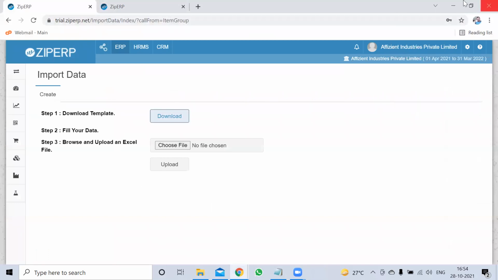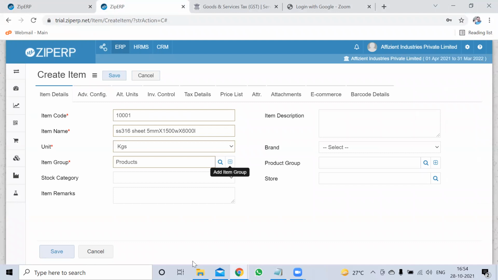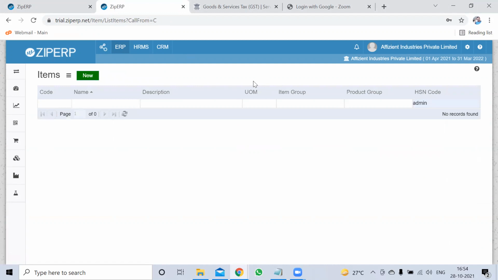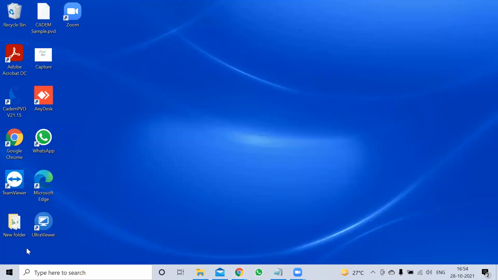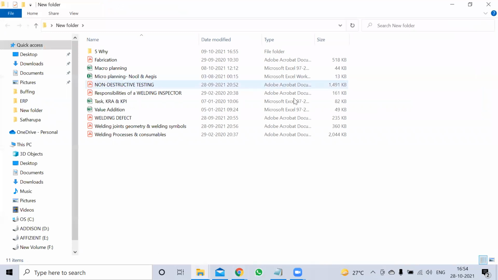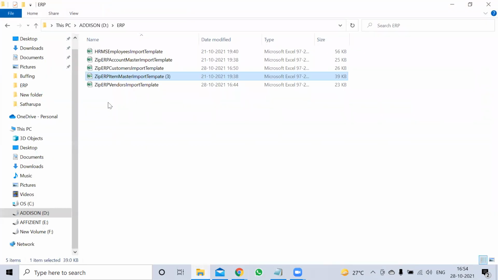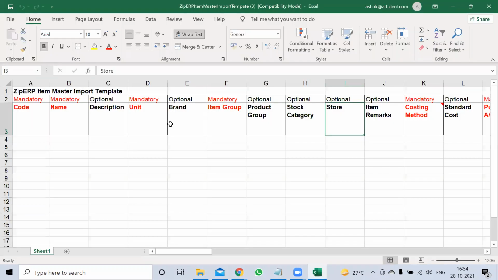Now go to the data, that is the sheet that was sent to you, item master. Sir, can you open that item master Excel sheet? Only 4 minutes are remaining. Tell them to do as much as they can. Ashok sir, can you open that folder? Because I'm not able to open this. The item master folder. Give me permission, I will open it. Yeah, I got it, sir.